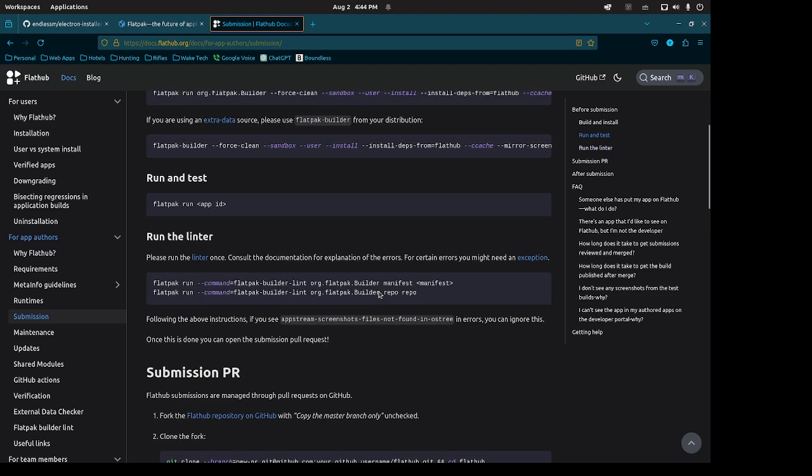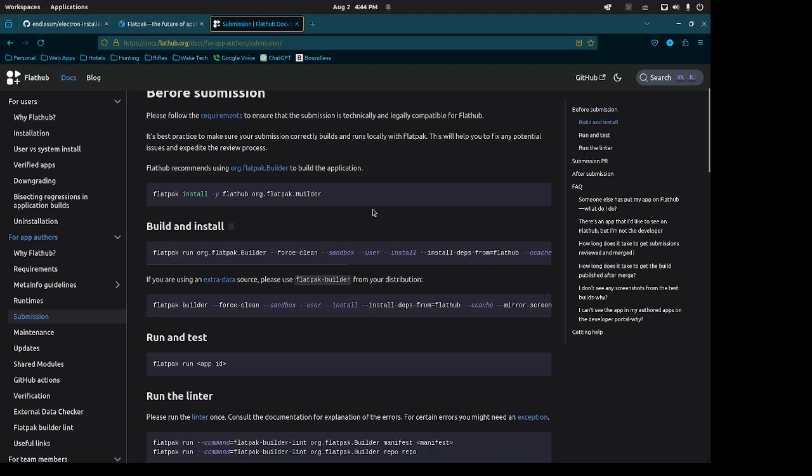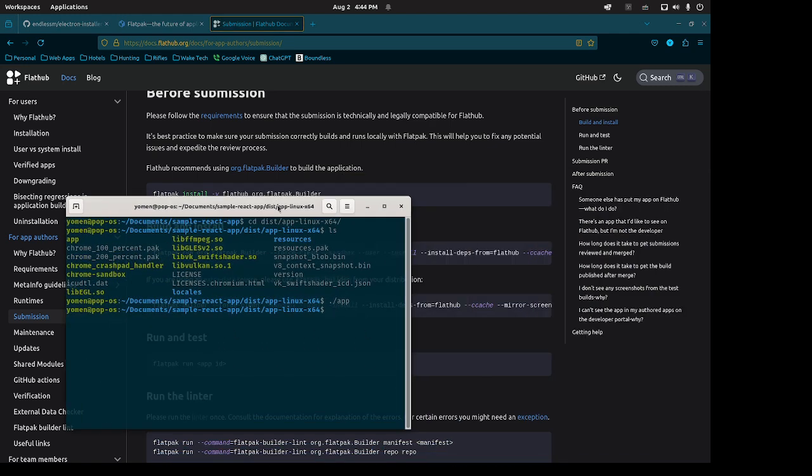Okay, so basically, let's go up. All right, so make sure you have this installed. I think we might have already earlier, I'm not sure. This is Flatpak builder, basically. So if you don't have it installed yet, go ahead and install it. And basically what you want to do is,